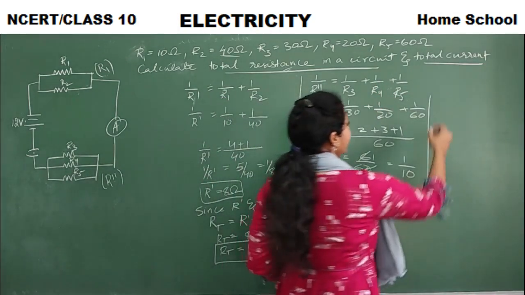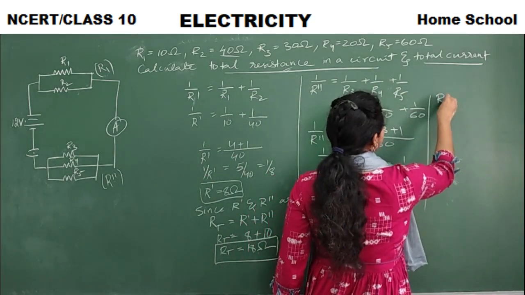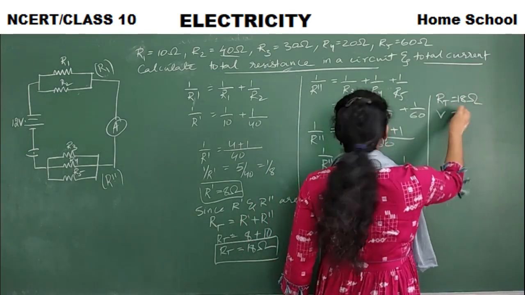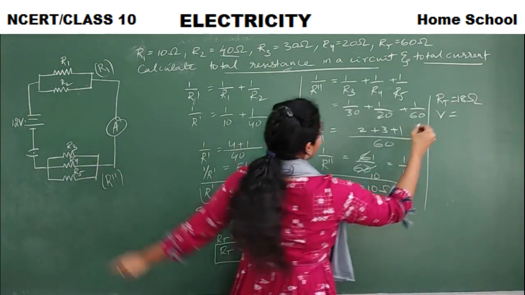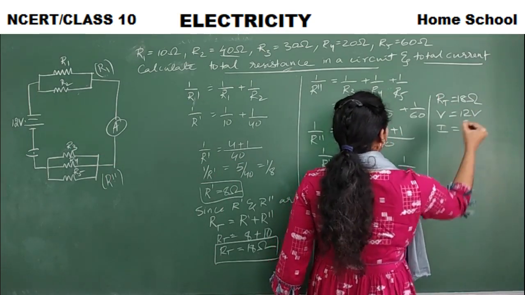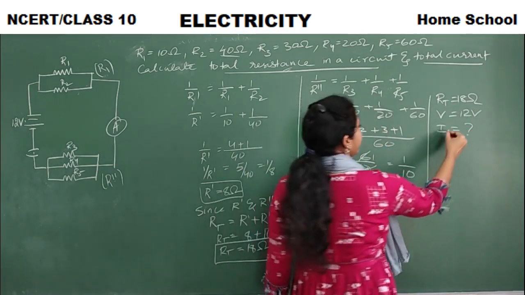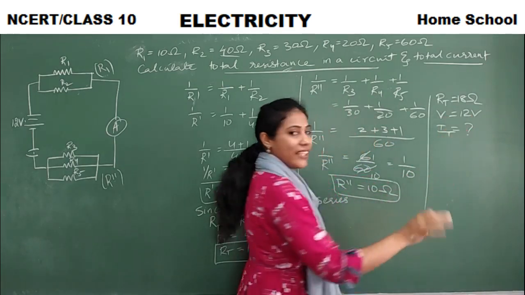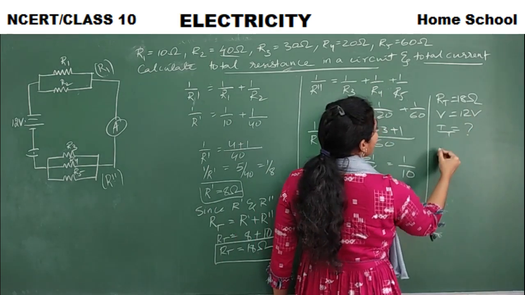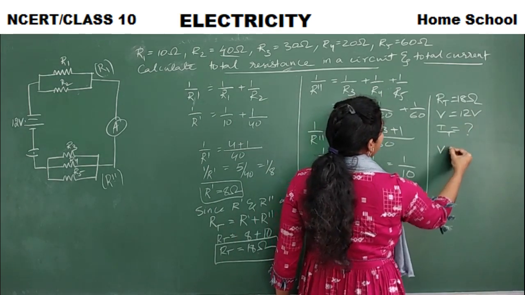Right? So apply the Ohm's law. We know the total resistance RT is equal to 18 ohms. We know the voltage. Voltage is given. What is that? 12 volt. Can't we calculate total current? Definitely we can calculate, right? Voltage is anyway same. Constant. Voltage is constant here. So what is our Ohm's law?